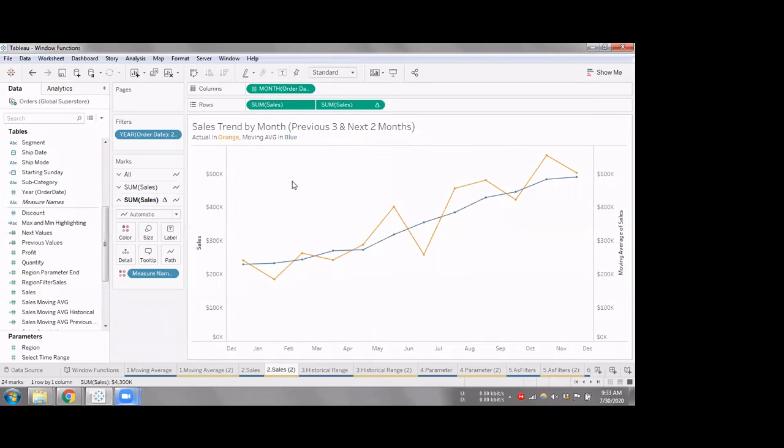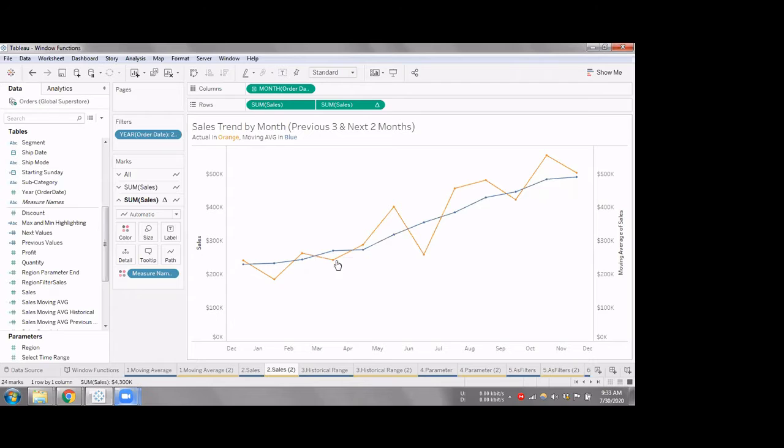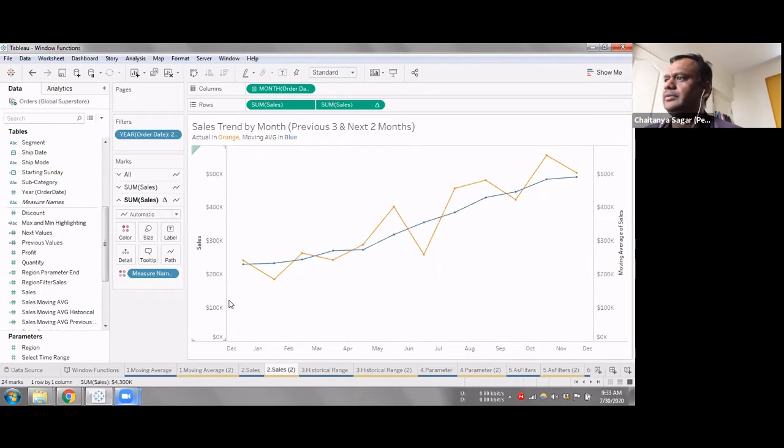So we will understand the function capabilities a little bit more, so I just put that next. But very rarely we'll use the next when calculating using moving calculations. Got it. Okay. Good.